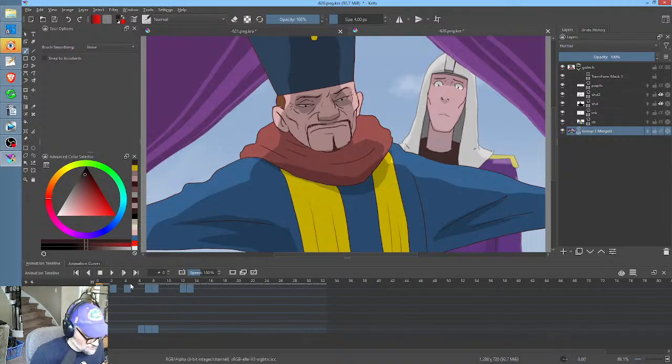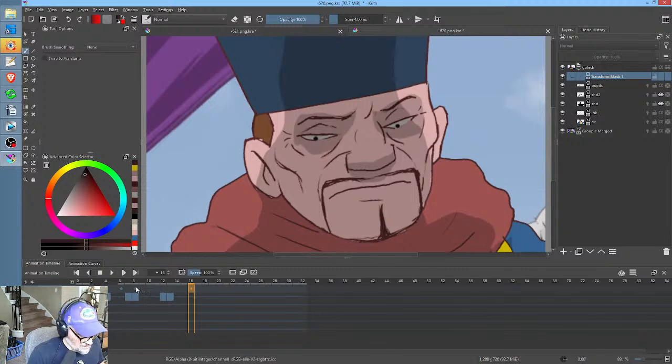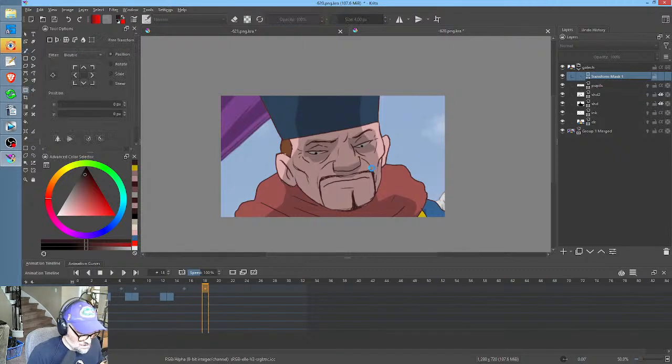Okay. So I think what I'm going to do is hedge my bets by not baking this one down. What did I say I was going to do? Well, I've got this transform mask already, right? So let's just go to the transform mask. And I'm going to hope this works. I'm going to take this keyframe and drag it to here. So we've got a duplicate keyframe, so nothing changes from here to here. And then over like 2-3 frames, I am going to,